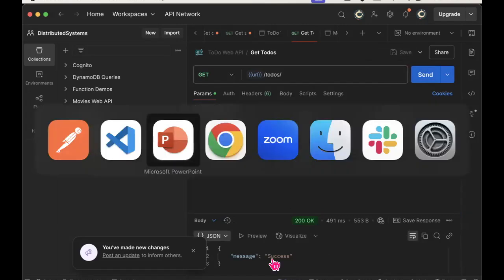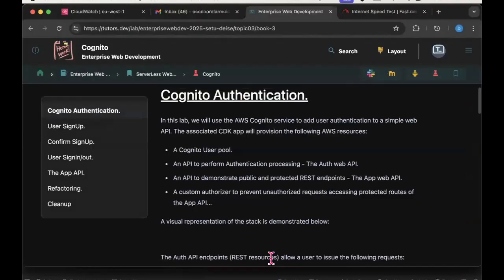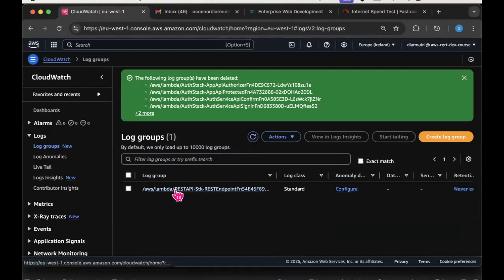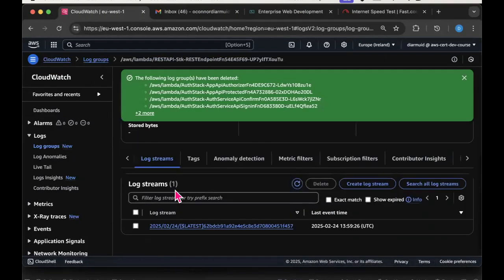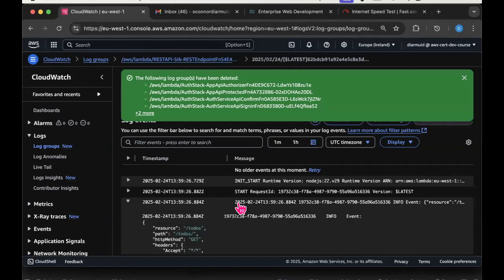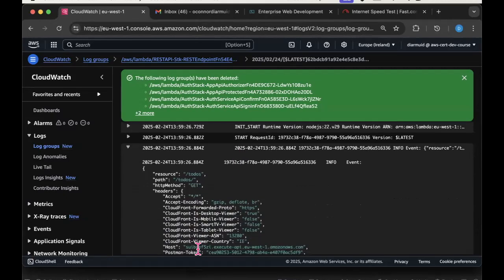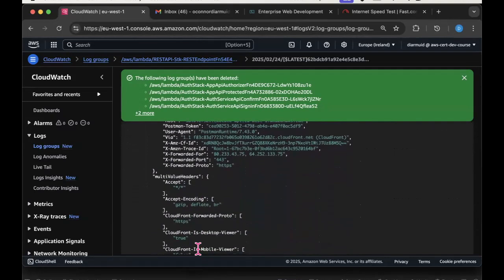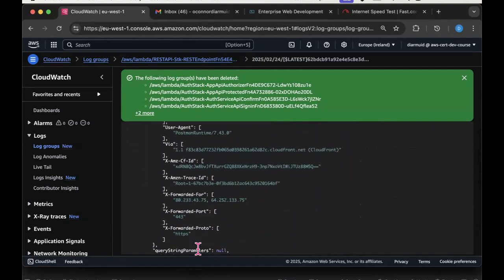Let's switch over to CloudWatch. Here's my log group, sorry, here's the log stream from the Lambda function. This is the part of the stream linked to the console log, and here's the event object itself. Now there's lots of stuff in there, most of which is not particularly interesting, but if we scroll down to here,